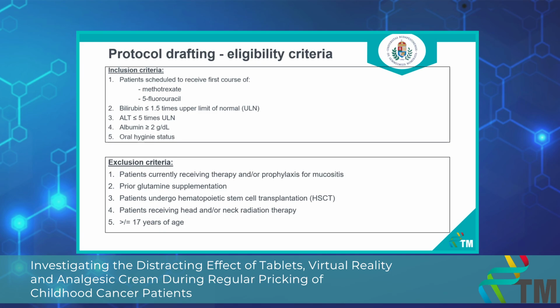So basically, we will be investigating children under 28 years of age, and we will exclude patients who are undergoing any other treatment which can manifest in oral mucositis, like neck irradiation or head radiation therapy. And we will include patients who are receiving methotrexate and 5-fluorouracil, because these are high potency agents that can cause